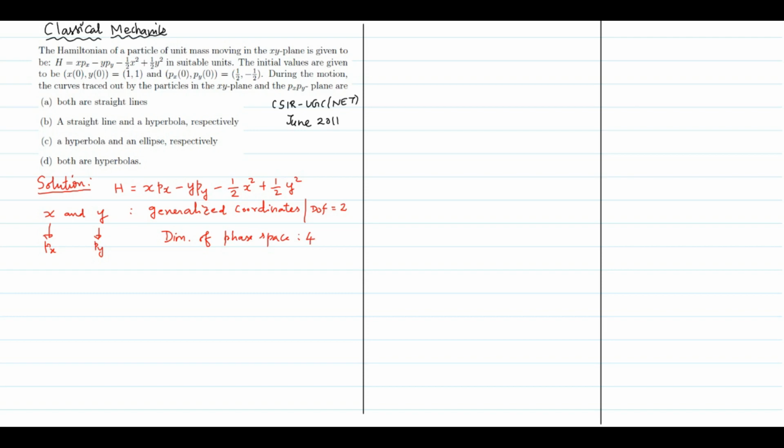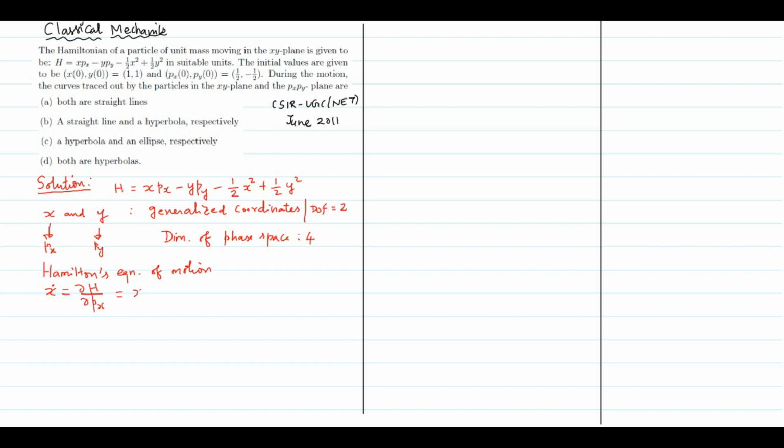So for x, x dot is equal to partial H with respect to px. If you calculate that, this will be equal to